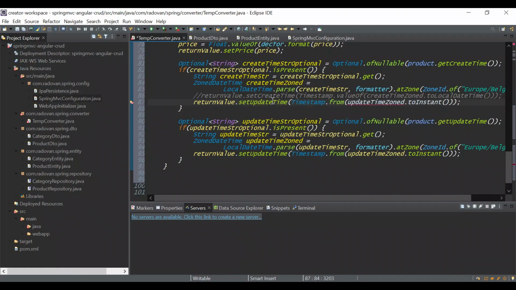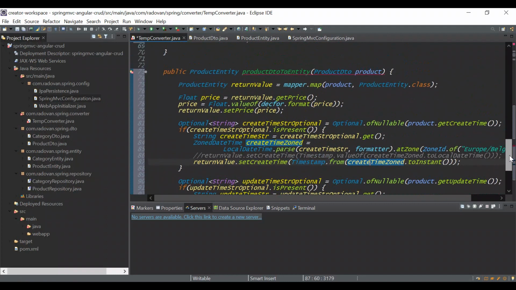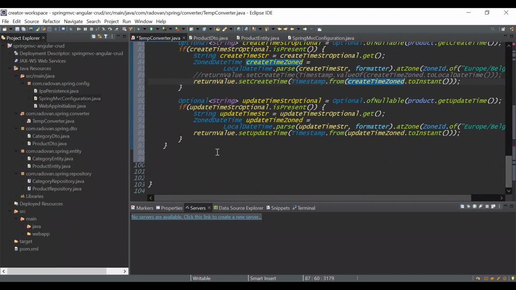And now it will be set create time, and here will be create time zone to instant. Now this is the way, I think this is the proper way how to convert zone date time to timestamp. And the last thing that we need to implement here,